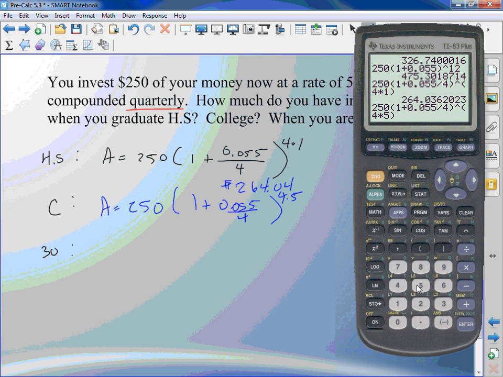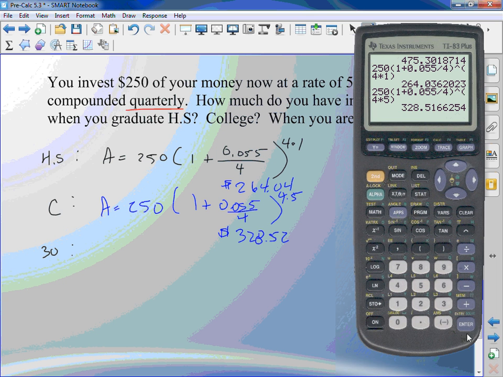If you do 4 times 5, it has to be in parentheses. I'll show you if I don't. This is $328.52. If I don't put the parentheses, and I just do to the 4th times 5,